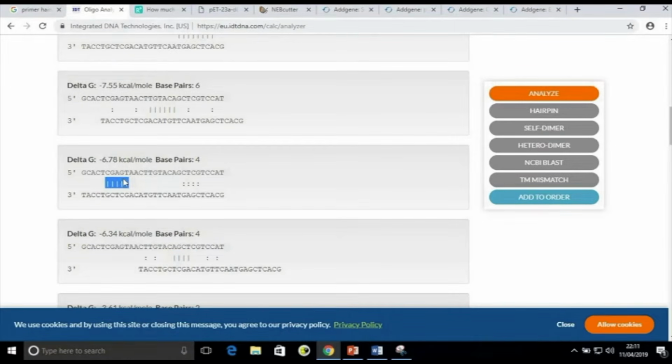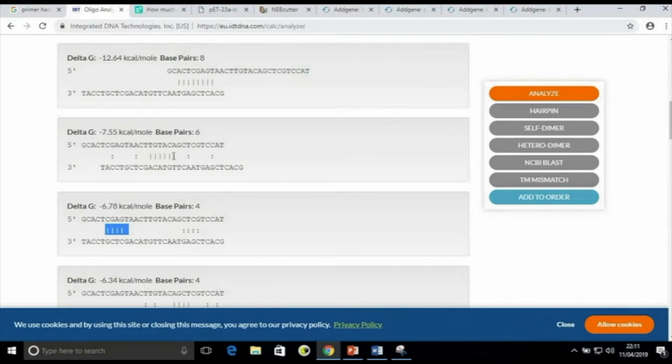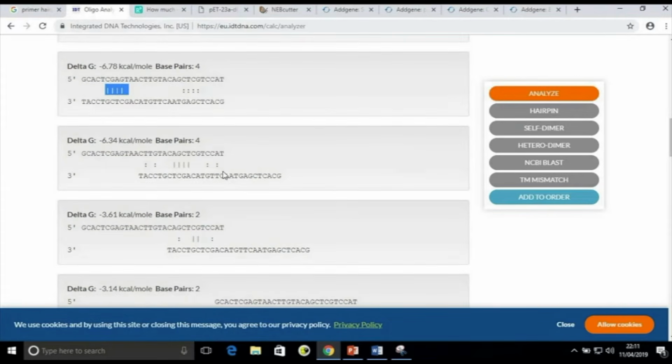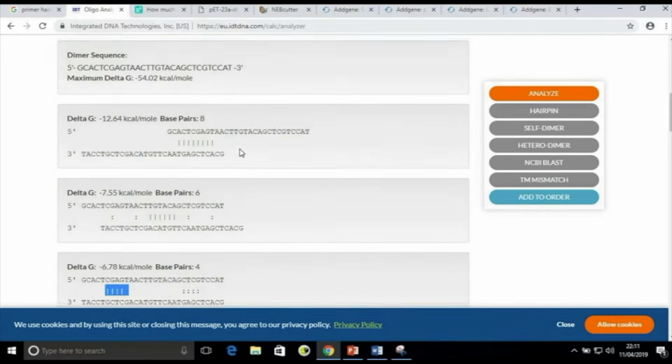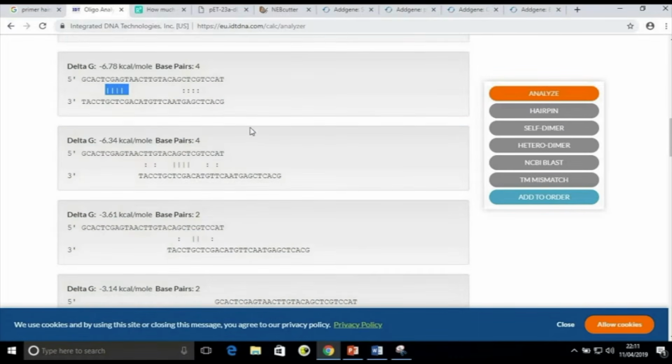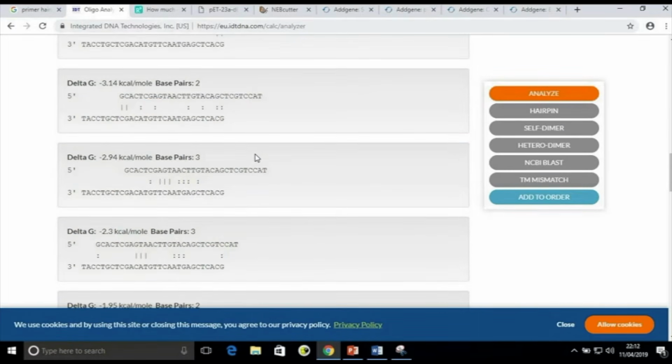In this case we have to either change the sequence or remove some of the bases. We can ignore those dimers forming through restriction site.